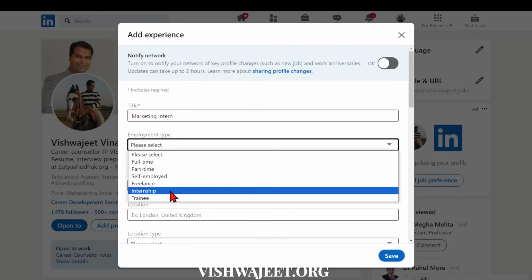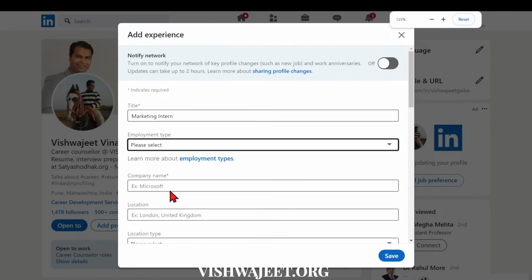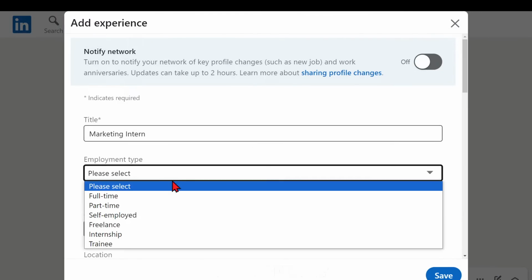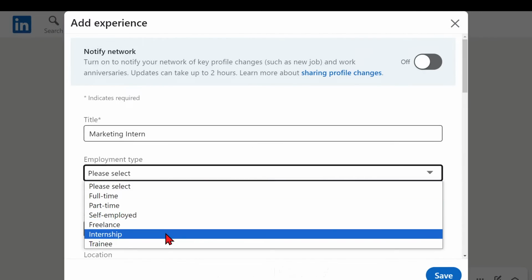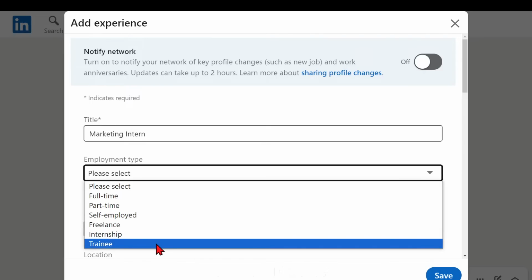Now my interesting task is here, that is internship. And internship is really a kind of choice which I would like to take for this case. And trainee is there. Trainee also earns some money, but it is not related to the educational project or educational qualification. Internship relates to the educational journey, and trainee will be like starting a new journey as an employee.